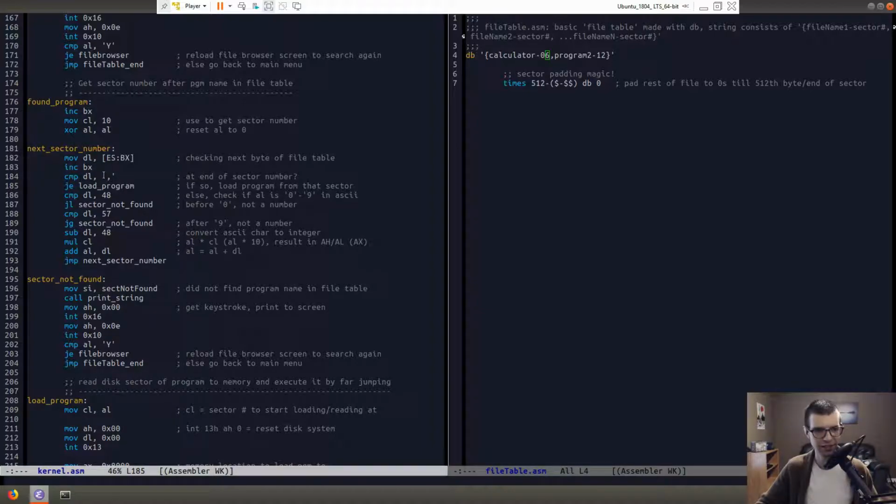So I'm comparing DL to comma. If we're on the comma, then we're at the end of the sector number. So we have 1, 2 bytes, and then a comma. So if we're there, we don't need to load the sector number. We just need to quit out because we already found it. But if we didn't find the end of the thing at the end of the number,